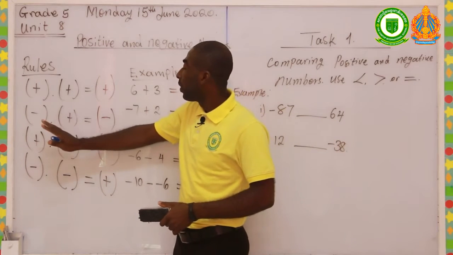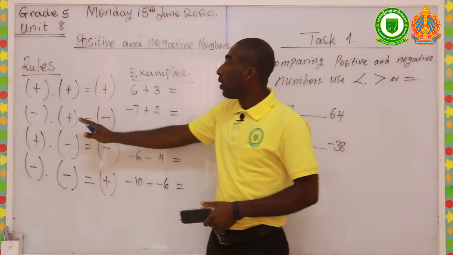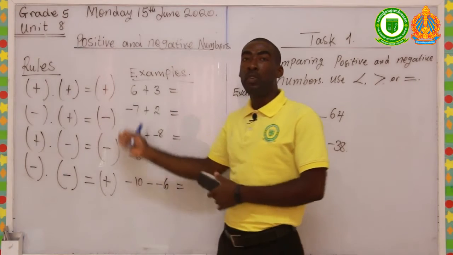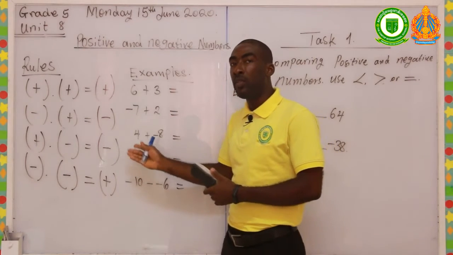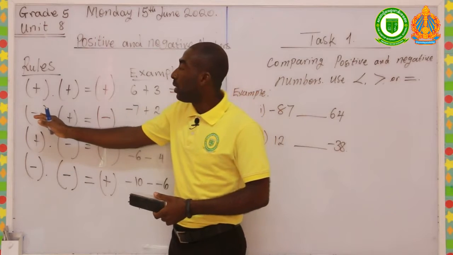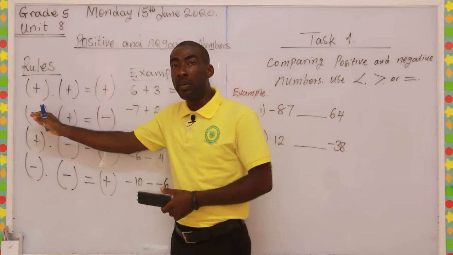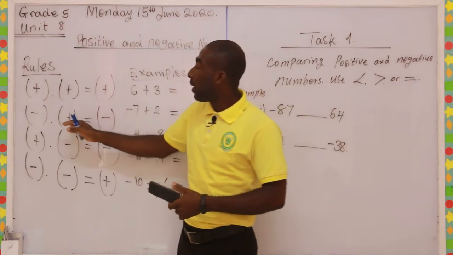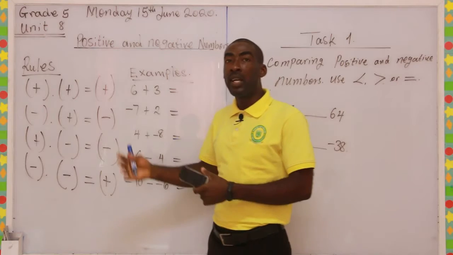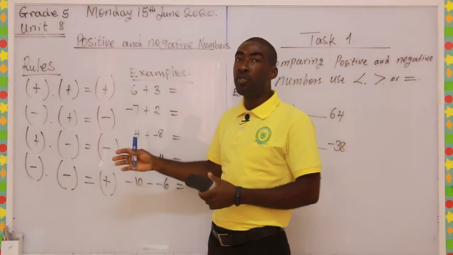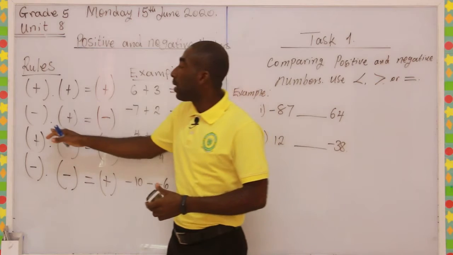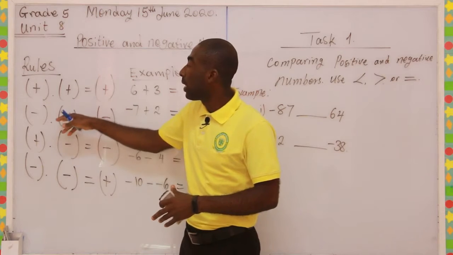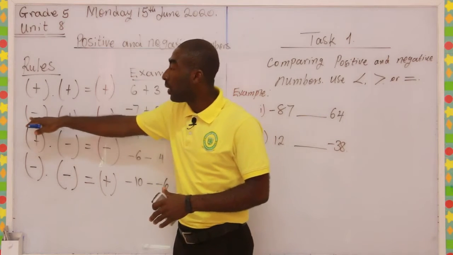But over here, the indication is that whichever sign carries the bigger number will give you the result of that sign. Okay, if you don't understand, let me explain. Assuming your negative sign carries the bigger number, it means your answer is going to be a negative answer. However, if your positive is carrying the bigger number, it means that your answer is going to be a positive number. But the rule is that when negative and positive come together, the sign that takes the role is your